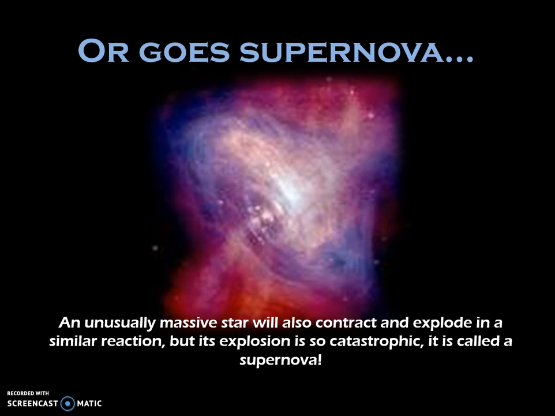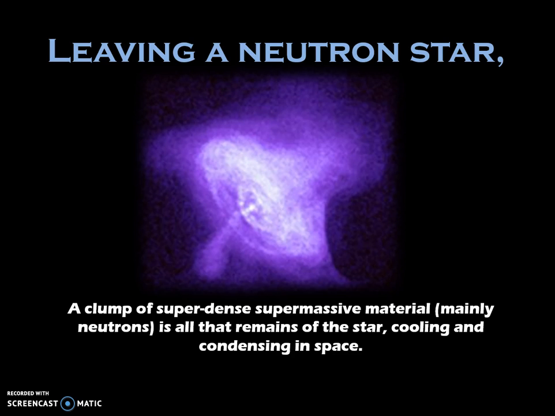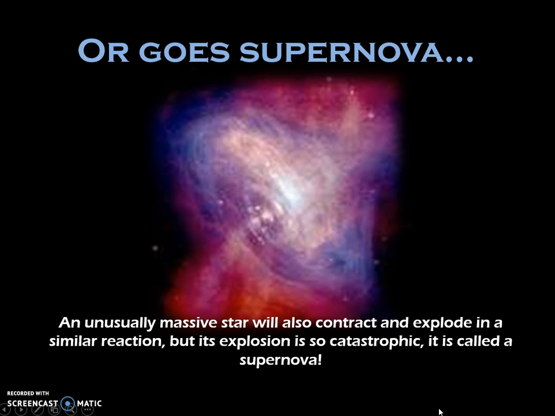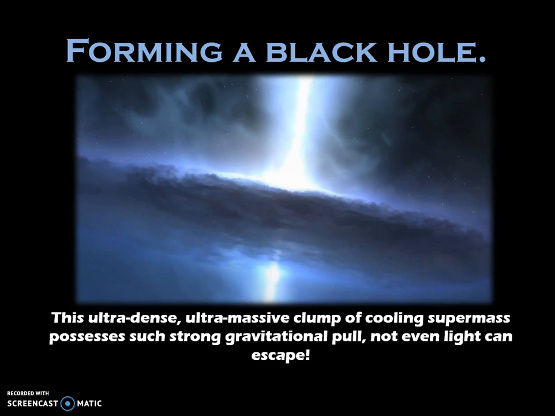This explosion is so catastrophic it will wipe out everything in the region, and what will it leave behind? Think about it. If a regular nova leaves behind a hot, dense, supermassive core of dead star, what would a supernova leave behind? Logic dictates it should be a super hot, supermassive, super dense clump of cooling stellar core, and that's exactly what it is. What was it? Mainly neutrons. All that mass is still there, spinning and cooling in the darkness of space.